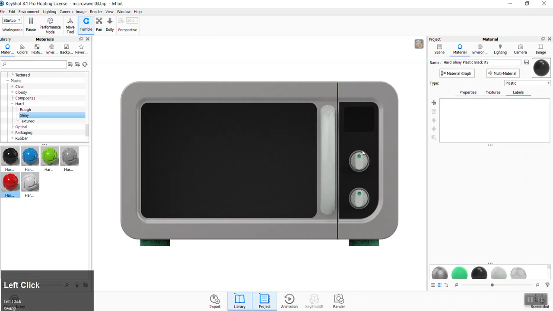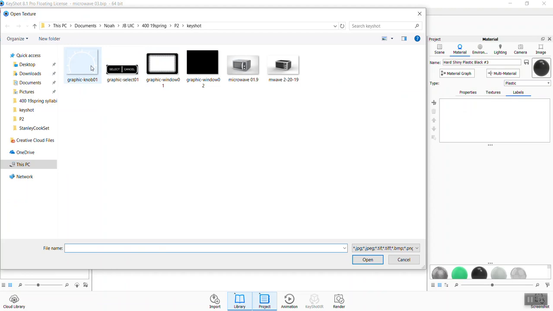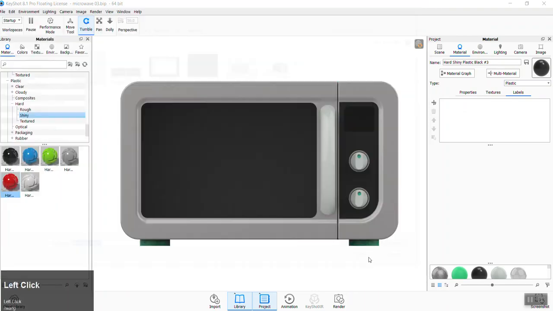So when you are in Keyshot, to add a label, again, you want to be on the right material you want to add the label to, you click on this plus. And we're adding a label, it says texture. And the way I set these up is these are PNG files. A PNG file has a transparency to it. So you don't want to use a JPEG if you can avoid it. Because, for example, we're going to do the graphic knob icon first. So if you want to select this and click open,